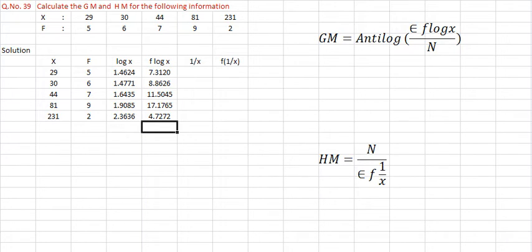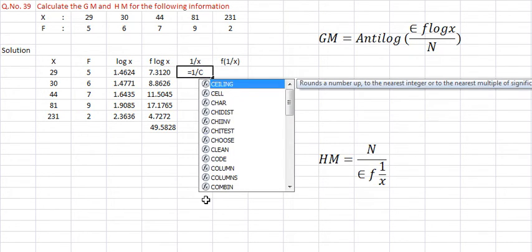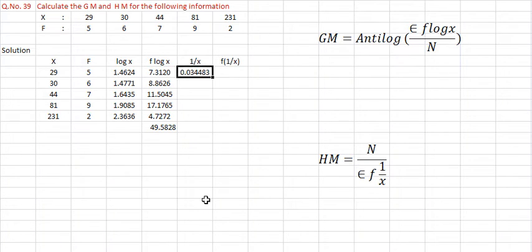So total of this one we need for the purpose of which one? We need this one for the purpose of geometric mean. Now move to the 1 by x now. We need 1 by x for the purpose of harmonic mean, right? 1 divided by x is how much here? X number, see 29. X is 29, this number. Like same, equal to 1 divided by how much x is here? 30.